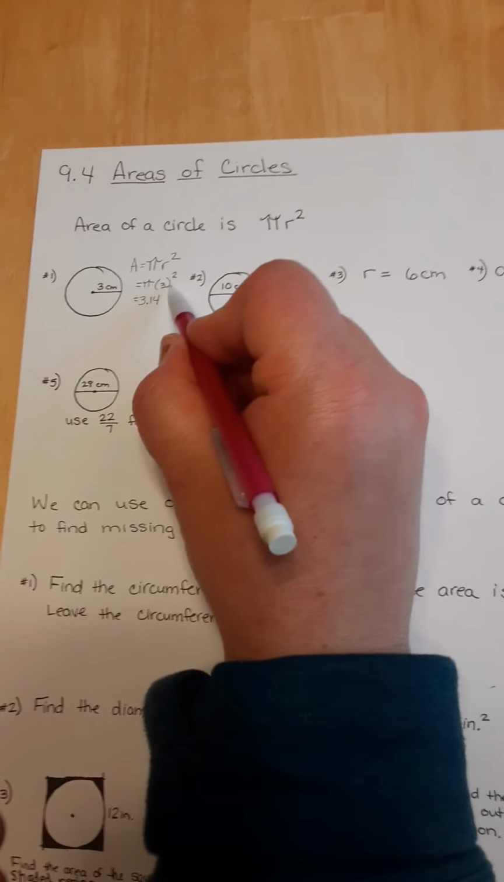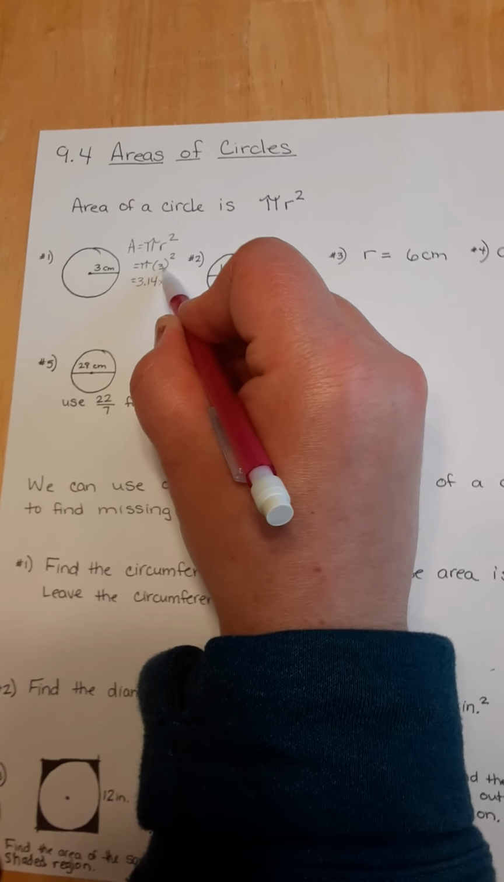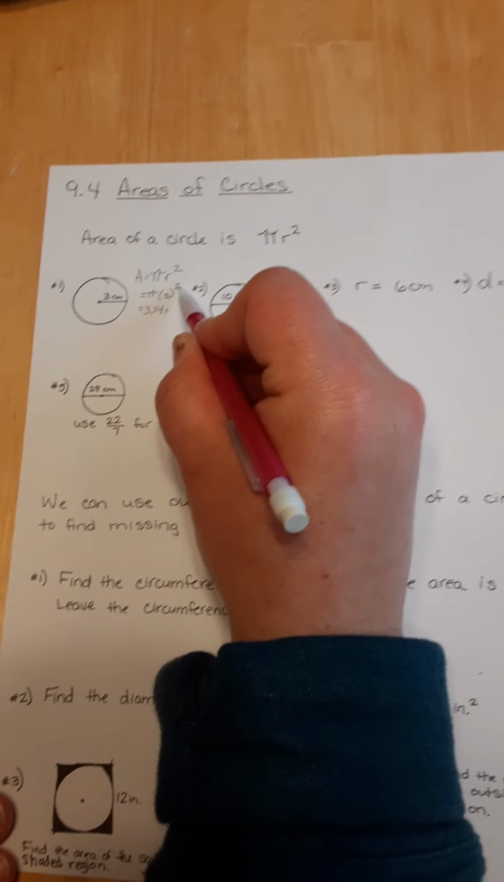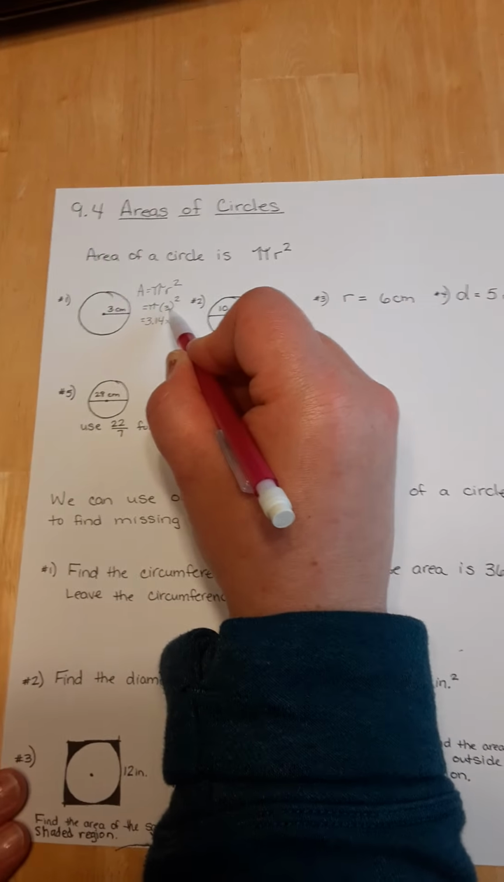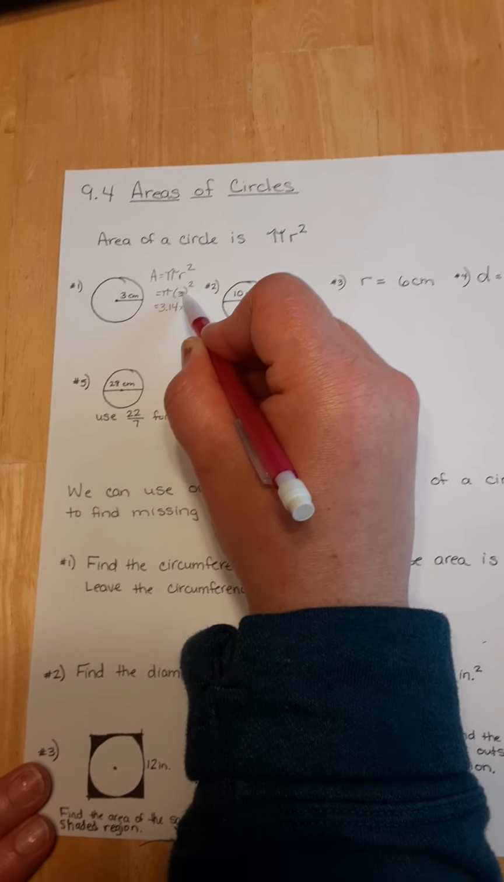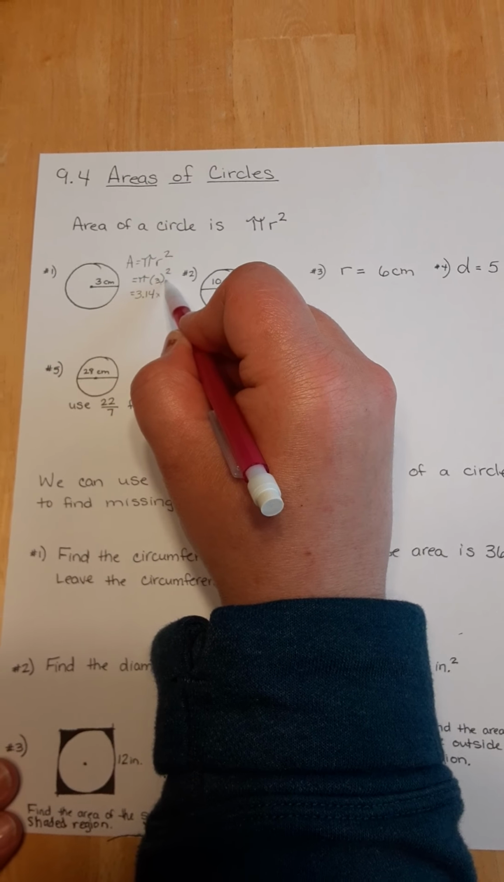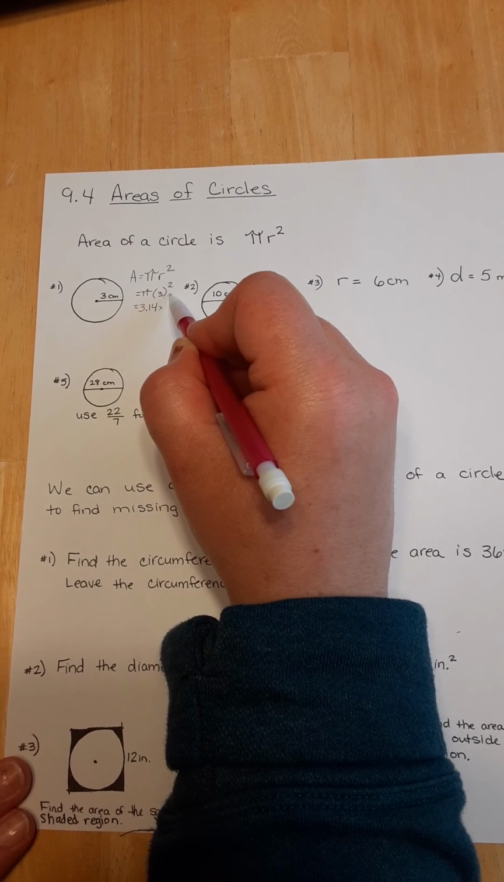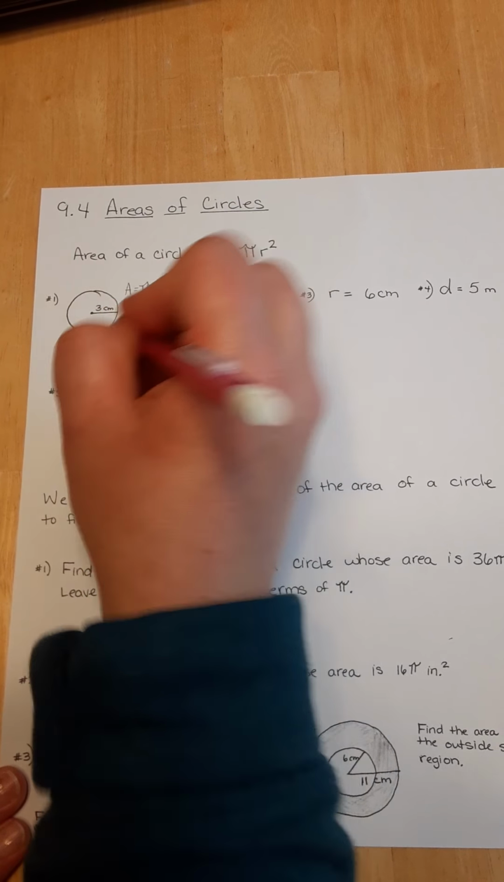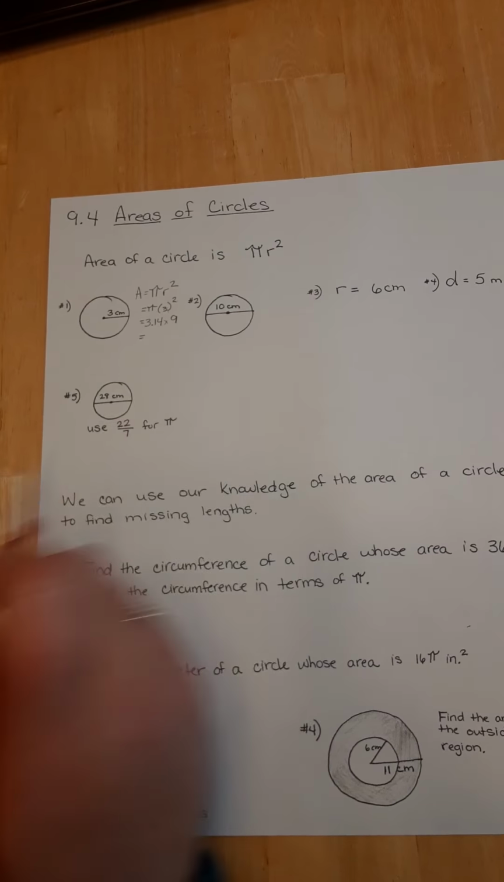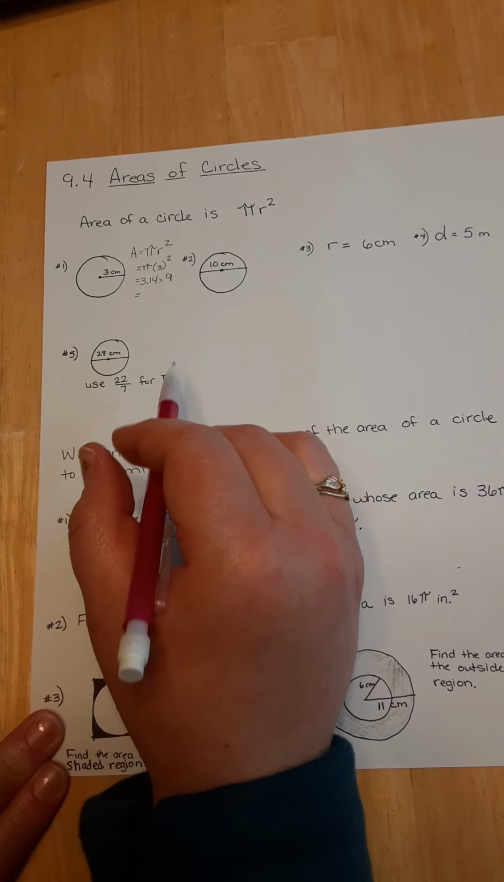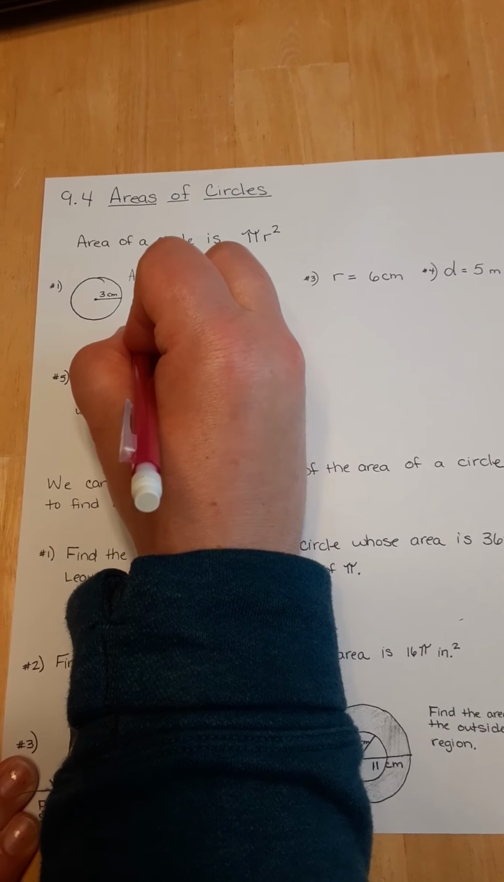And now we need to square it. Now square does not mean 3 times 2 to get 6. Square means I'm going to take that number and multiply it by itself. So square means 3 times 3. So 3 times 3 is 9. Now we're just going to do the multiplication. 9 times 3.14 gives me a total of